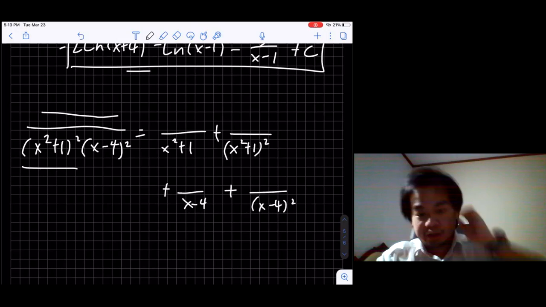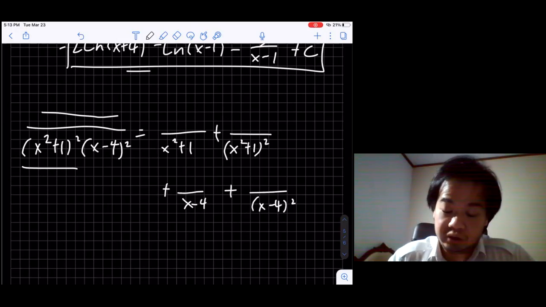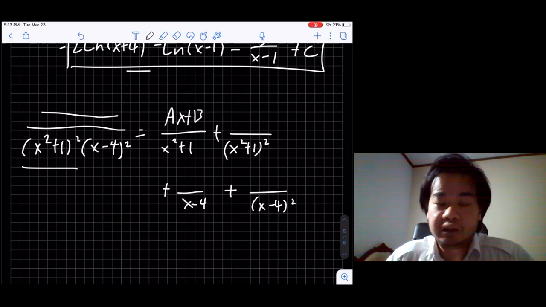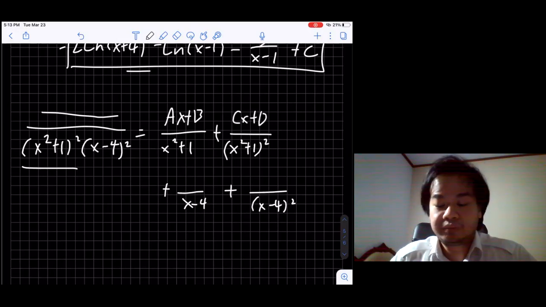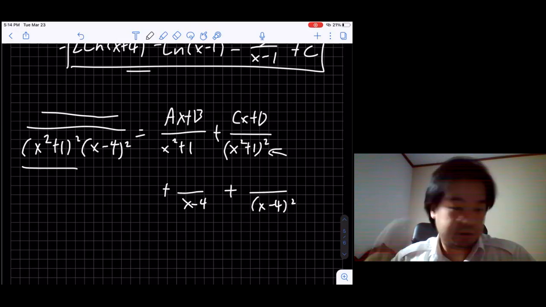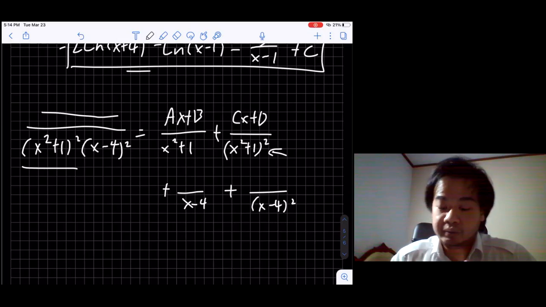But also it has to follow the rule when it is an unfactorable factor. So this is supposed to be ax plus b, but this doesn't need to be a third degree, this can be just cx plus d. Even though this is a fourth degree, because it's a repeated factor, it just needs to be cx plus d. And then this is e, and then this is f.